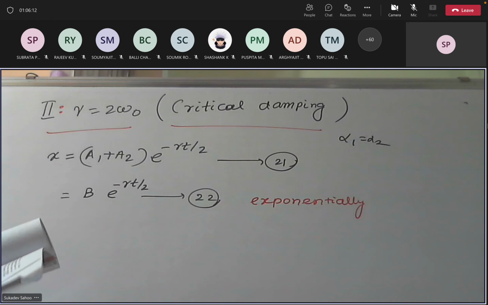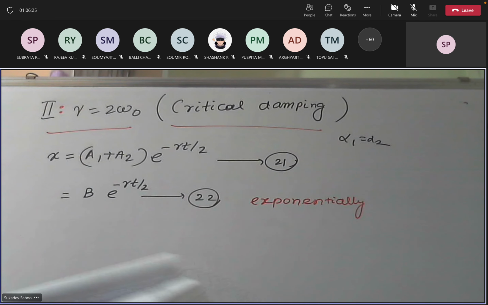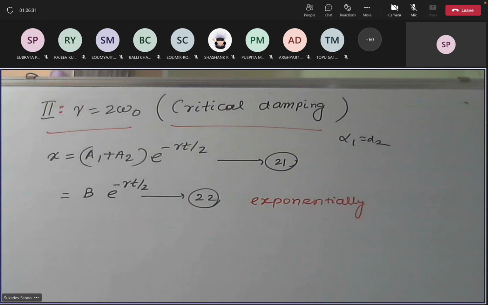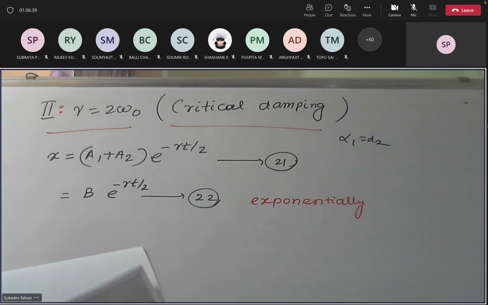In the first case, it decays asymptotically, and in the case of critical damping, it decays exponentially. The example of overdamping is the aperiodic moving coil galvanometer or a pendulum immersed in a highly viscous liquid. Here, the example of a critical